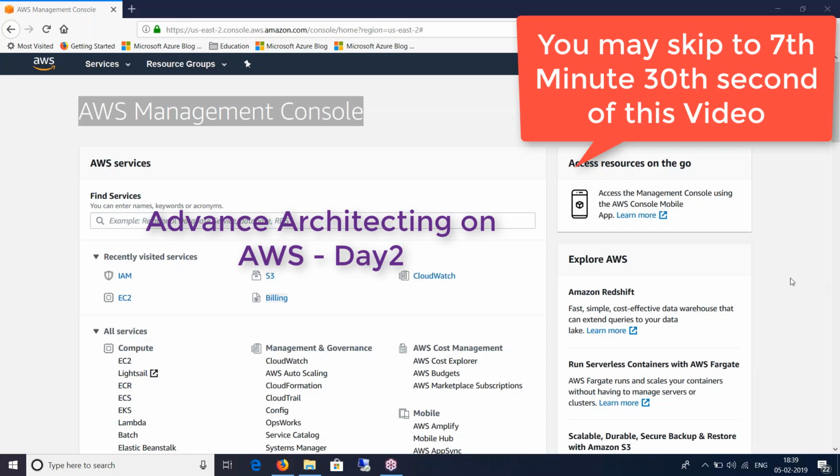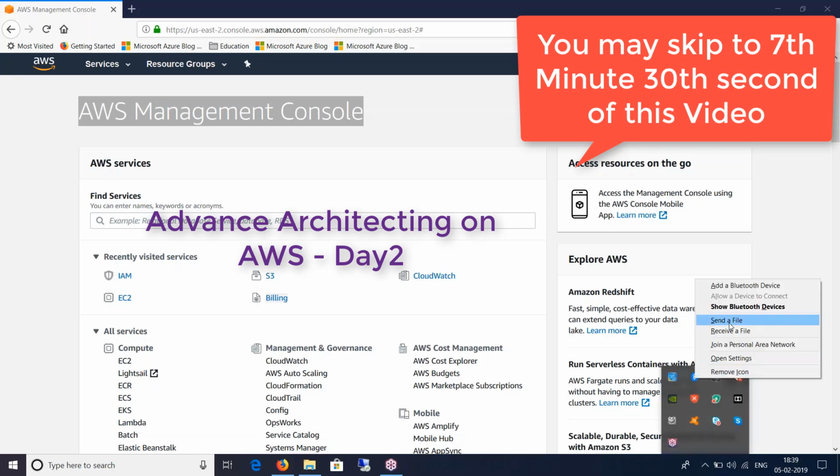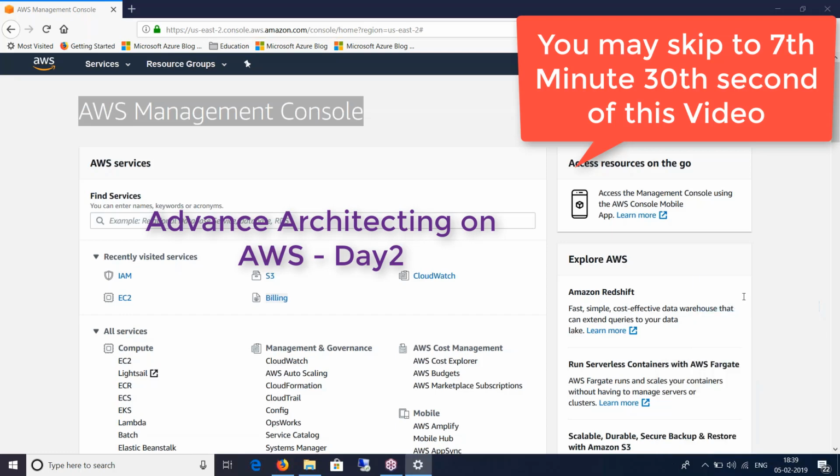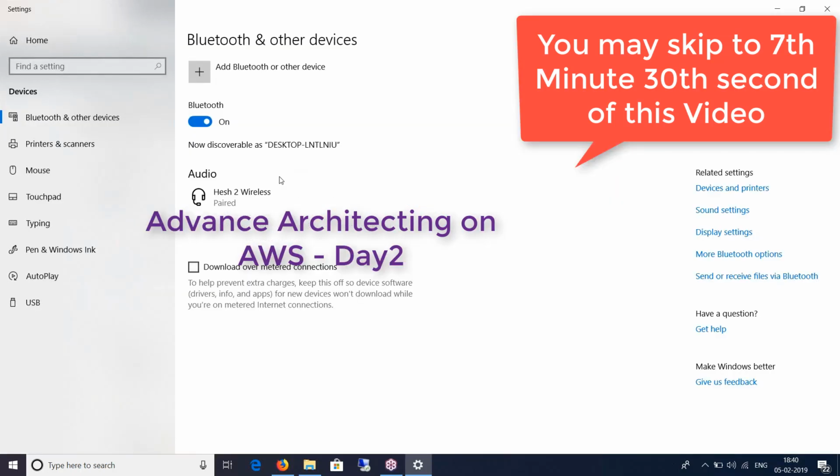We've got about 12 participants in the session today. Hopefully, you can hear my audio. Puneet, you just said you cannot hear my audio. Can you hear me? Am I audible? Yes. Okay, awesome. Let me just fix a few things. I wanted to pair my Bluetooth device so I get better audio quality. Just a minute.